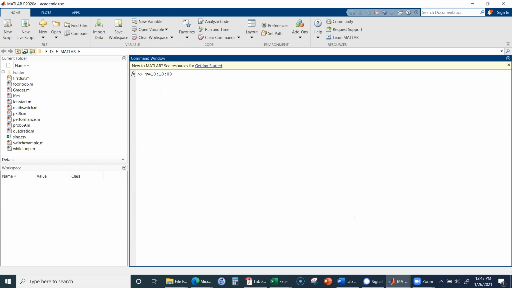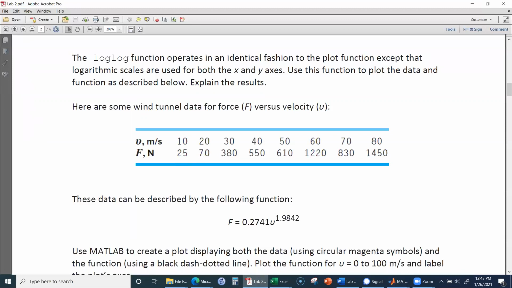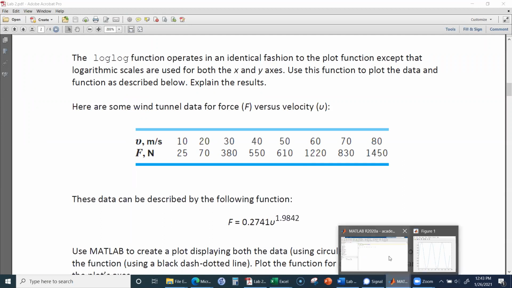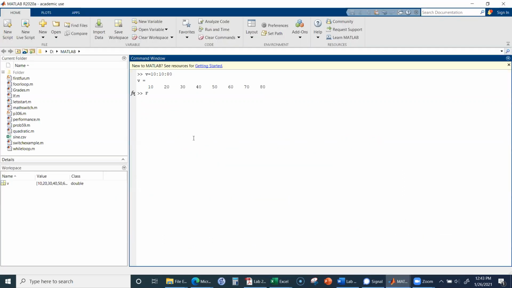Okay, so if I want to visualize it, then I can see that this will be the data of the velocity that will be generated. Okay, the force was not uniformly distributed. The force was like this: 25, 70, 380, 550, 610, and then, so let me input this force over here. So force is equal to,